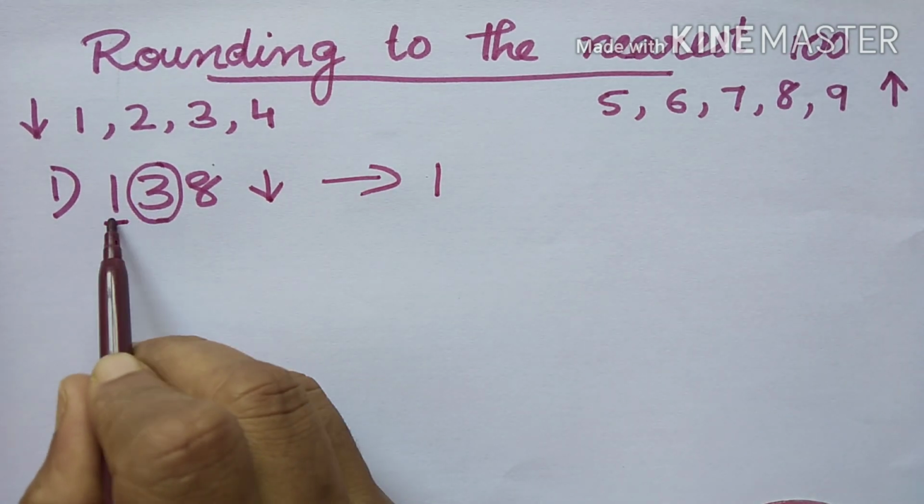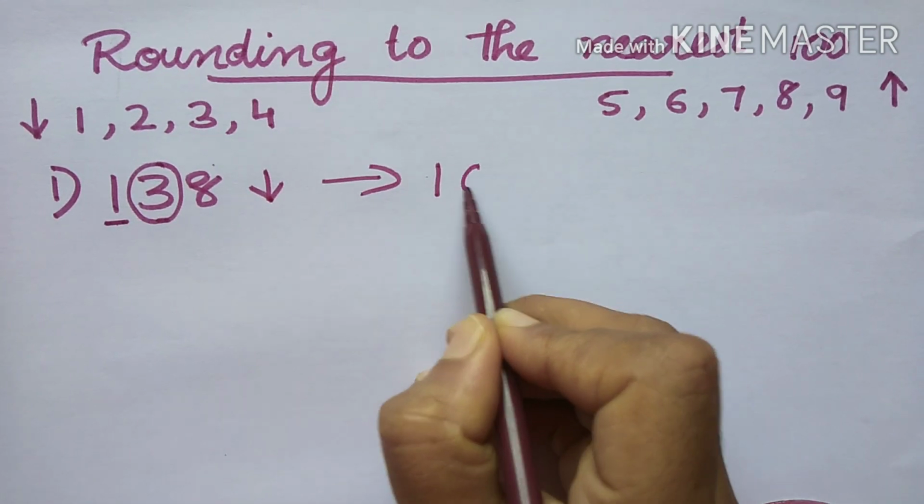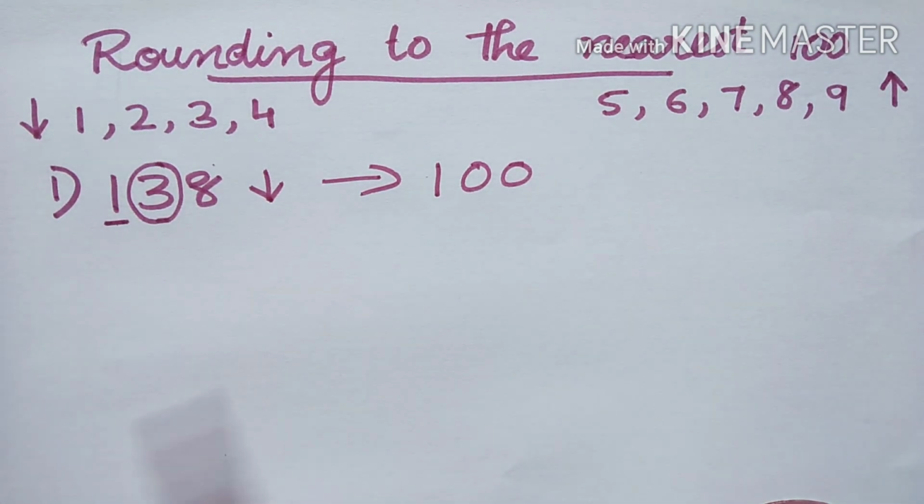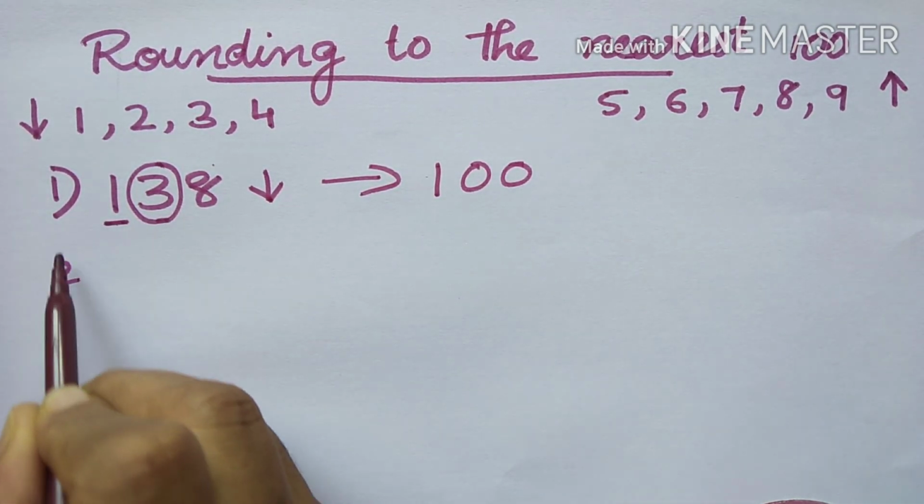For the balance number you can put 0. How many numbers are there after this? 1, 2. So you can put 2 zeros. Answer is 100. Second example,